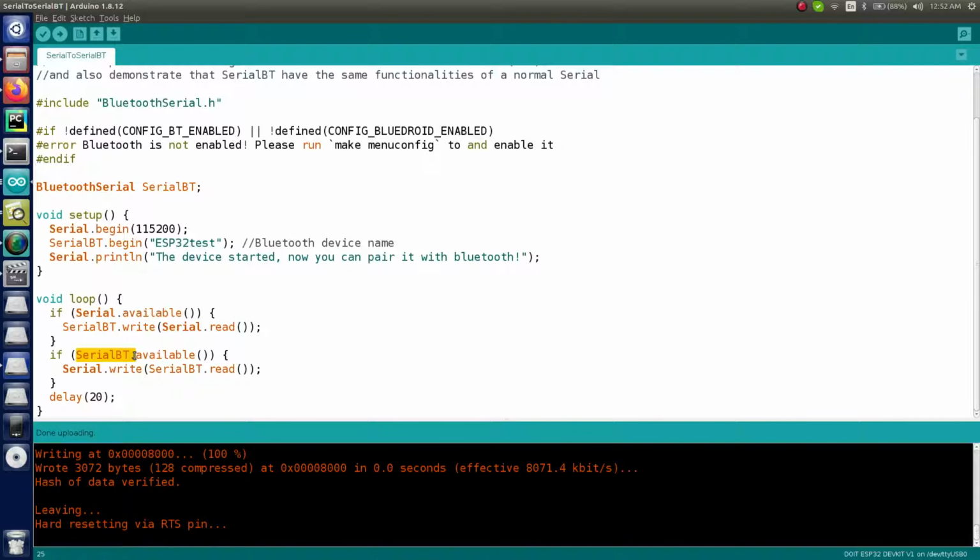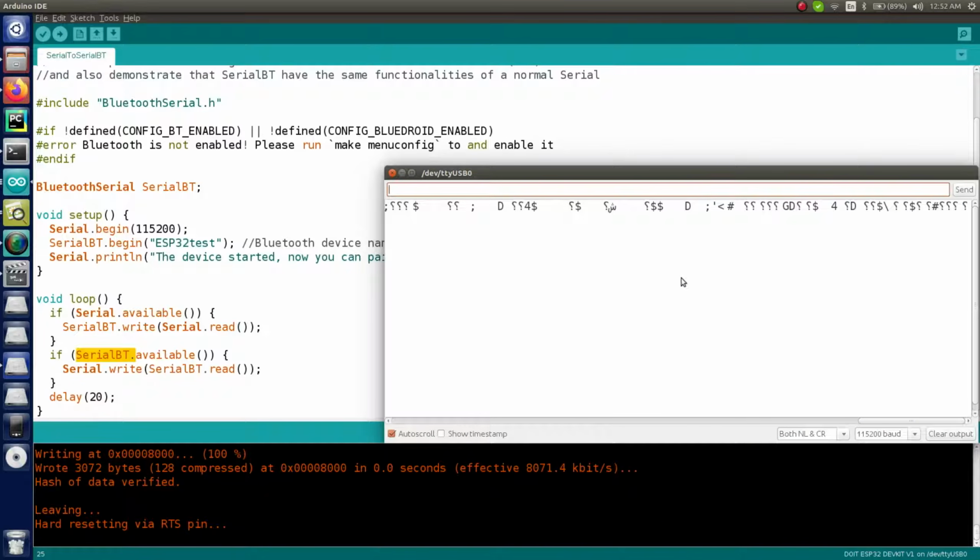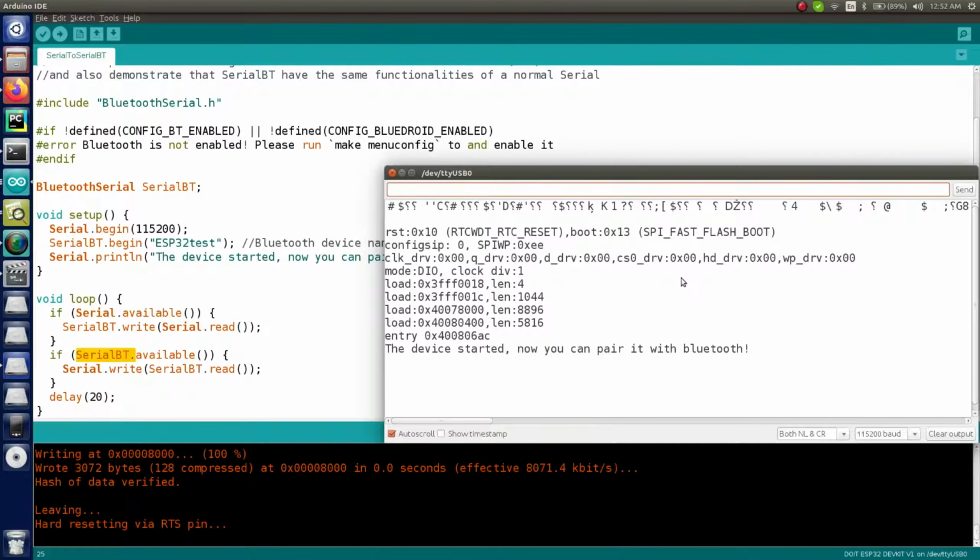For that, what I have to do is go to the serial monitor on the top right corner, right? So just click on it. Right now you will see in here that you're not able to see anything, right? In that case, just click on enable if it does not show you the messages automatically. Like in my case, you can see it is showing me everything automatically, so I don't have to click the enable button again. But if in your case it does not show anything, just click on the enable button and it will show you that now you can start pairing your device, right? So this is what exactly we have to do.